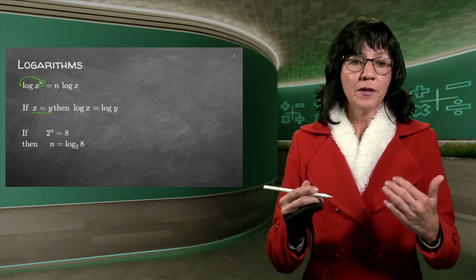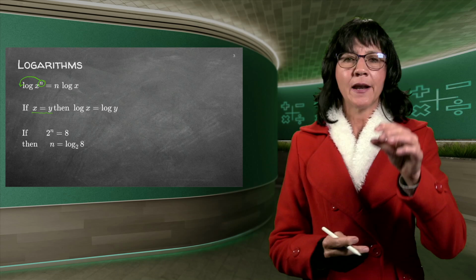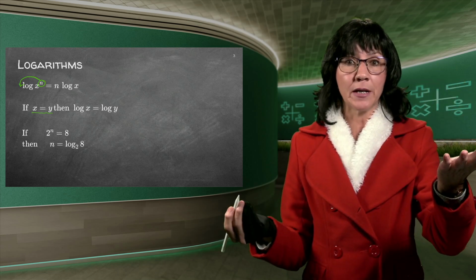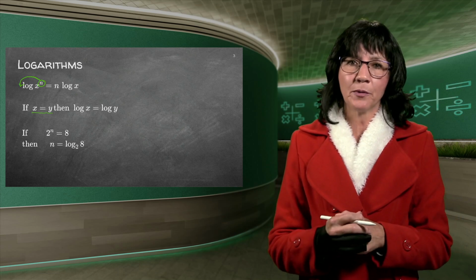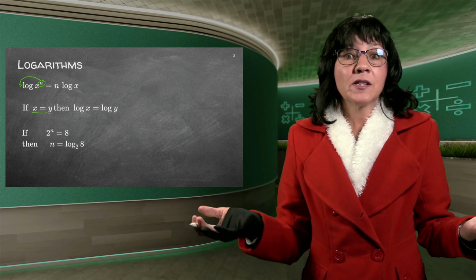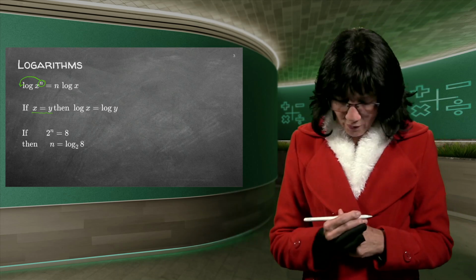And then probably the most important: if I have an example like 2 to the power of n is equal to 8, and I need to find n, we all know n is 3 because 2 to the power of 3 is 8. So we know the answer. That's why I'm using a simple example like this. But if it was a difficult one, how would you go about it? Now I like to just do the straightforward thing.